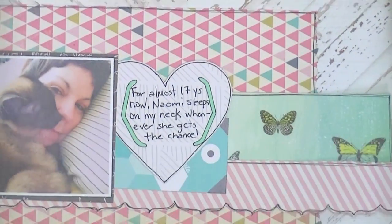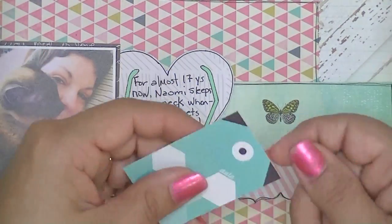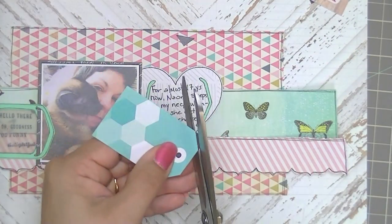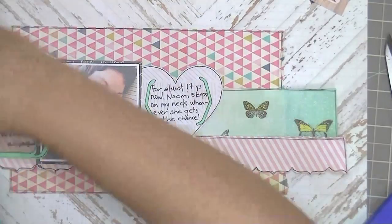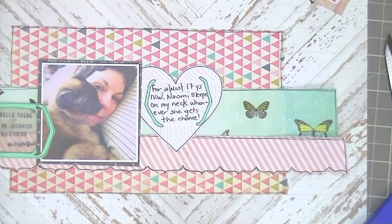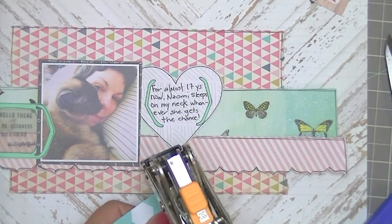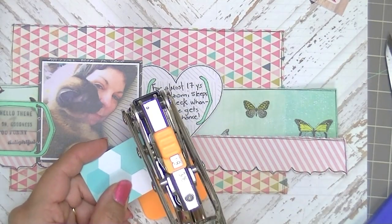Now I pulled out one of these ormolu tags. This tag is really cute. I'm going to cut off the edges to make it look like a tag, and then I'm also going to try to make it look a little bit more like a real tag. I'm not a huge fan of printed tags that look too fake, so I have my Crocodile here, and I'm